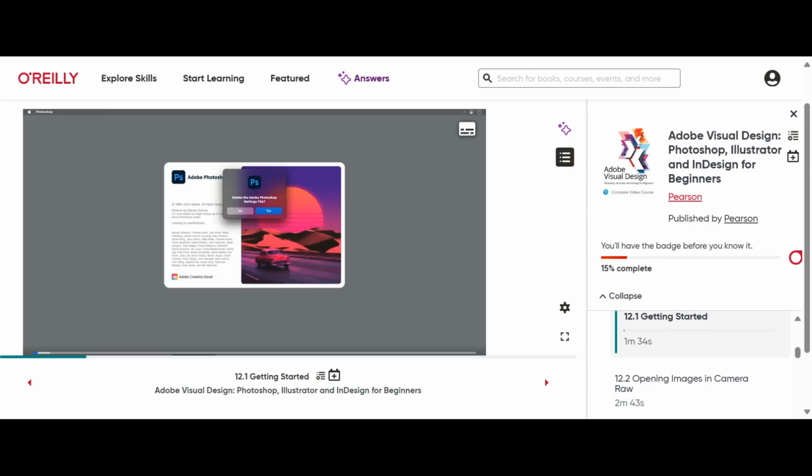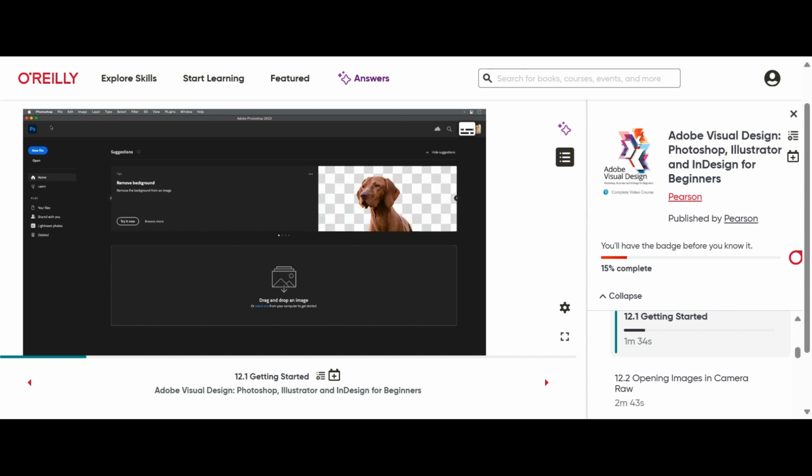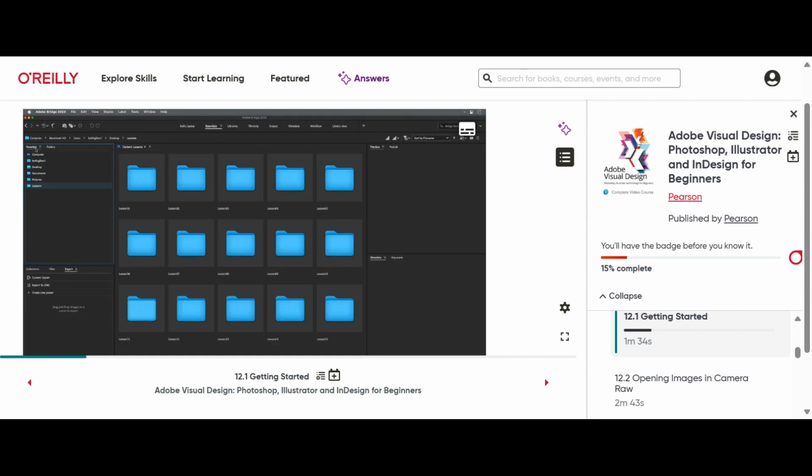Start Photoshop and then immediately hold down Ctrl-Alt-Shift on Windows or Command-Option-Shift on Mac OS to restore the default preferences. When prompted, click Yes to delete the Adobe Photoshop settings file. Choose Browse in Bridge from the File menu. In the Favorites panel, click the Lessons folder, and then in the Content panel, double-click the Lesson 12 folder to